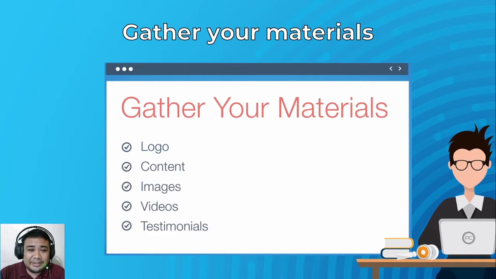Next, gather your materials. So, wag niyong kalilimutan na kailangan nyo gumawa ng logo. Mag-research na lang kayo. May mga free website din naman sa paggawa ng logo. So, napakadali naman gumawa doon. Then, yung content, brainstorming kayo kung ano yung magiging content ng website niyo, yung mga web pages niyo.